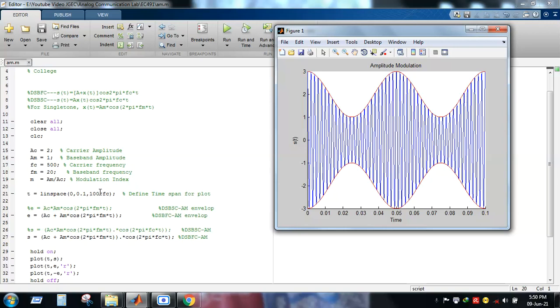So let us consider a real life plot where we want to plot, suppose, the IV characteristic of a diode. For different voltages we get different currents and we plot them. Suppose we take 10 different voltage values, we get 10 different current values, and ultimately we plot that IV characteristic of the diode. So similarly here, the number of observations is denoted by 100 into fc. Here fc is 500, so 100 into 500, that means 50,000 values will be calculated.